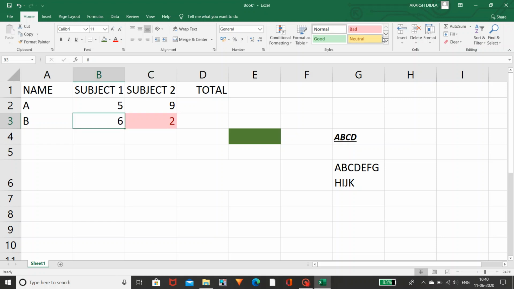And 6 is neutral, you can use yellow. And 9 is a good score, so you can use a good color, that means green color for this. Likewise you can use these styles. And coming to the cells, if you want to insert a cell between 9 and 2 or 6 and 5,